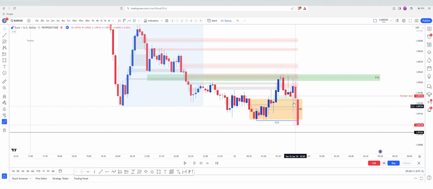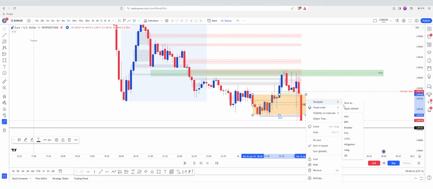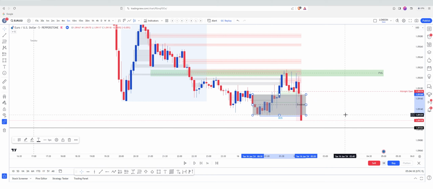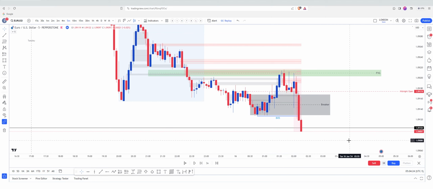We've closed through the order block, so we want to see a fair value gap generated inside this order block now. This order block is going to be flipped to a breaker block. If we see displacement, a fair value gap inefficiency in the breaker block, that is our unicorn, which we get at this point. So we have a bearish fair value gap